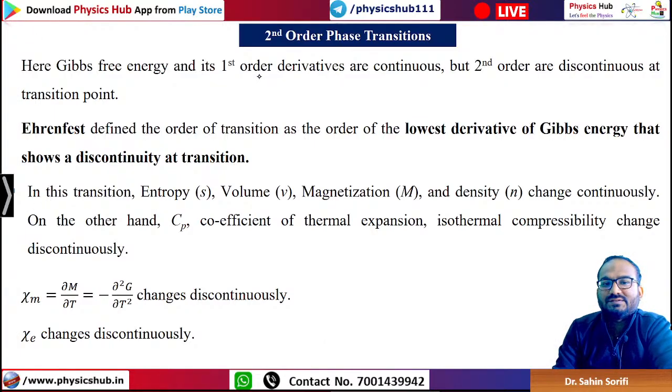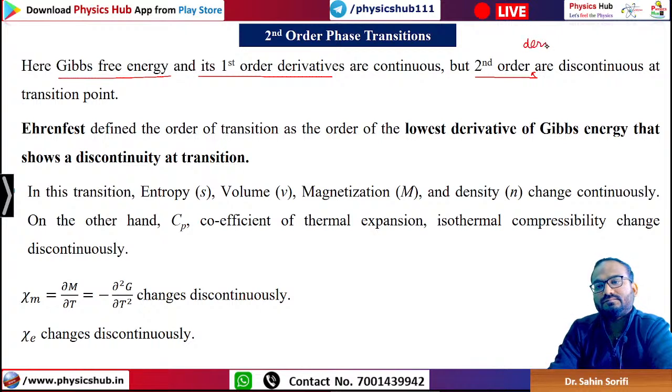Here Gibbs free energy and its first derivatives are continuous. As I told you, second order phase transition means the second order derivative of the Gibbs free energy will be discontinuous. So the Gibbs free energy and its first order derivatives are continuous, but the second order derivatives are discontinuous at the transition point. Ehrenfest defined the order of transition as the order of the lowest derivative of Gibbs energy that shows a discontinuity